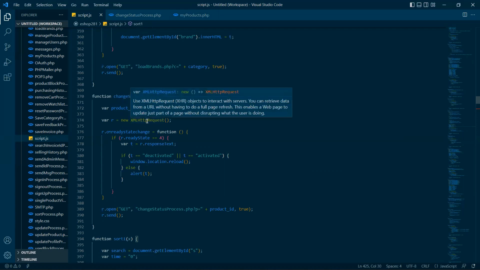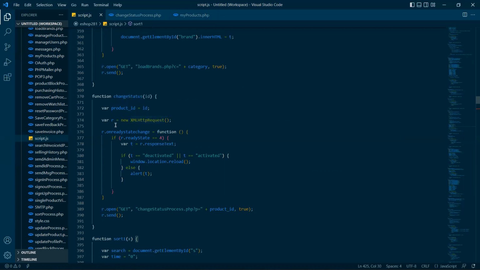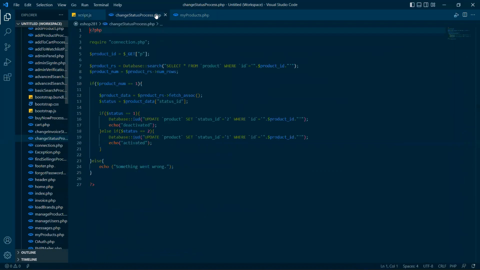And using this new XMLHttpRequest, we assign that to the variable R. And using this onreadystatechange through this anonymous function, we will check whether the R is ready. R's readyState is equal to 4. By taking these values, we will directly send those values to the change status process.php page without using a form. So we use this GET method, and if we check this change status process, first of all, I have linked